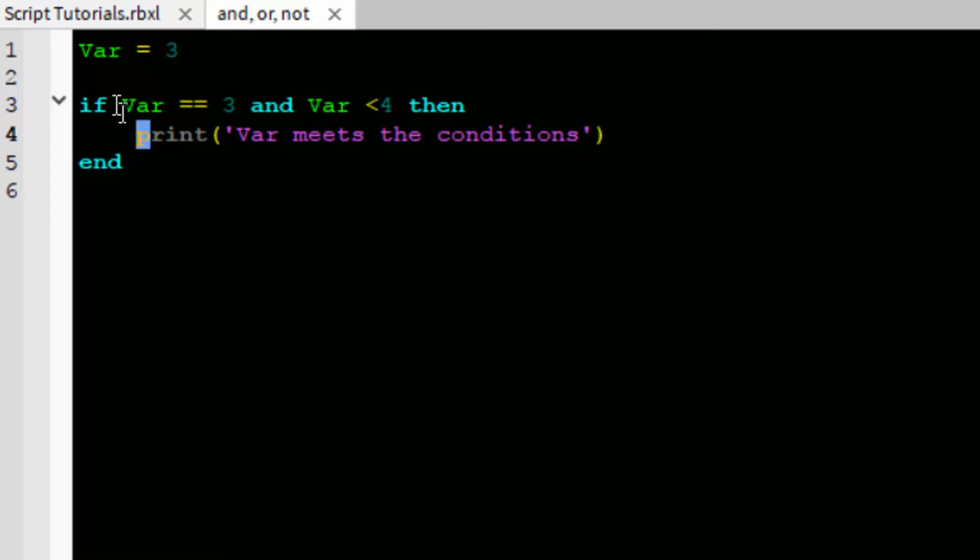To show you a practical example, I'm gonna make an if statement. You see that if statement, so I'm gonna explain what it does. First of all, there is if, just basic stuff from the last tutorial. And there is var. I set the variable to 3, and I check if var is 3, and